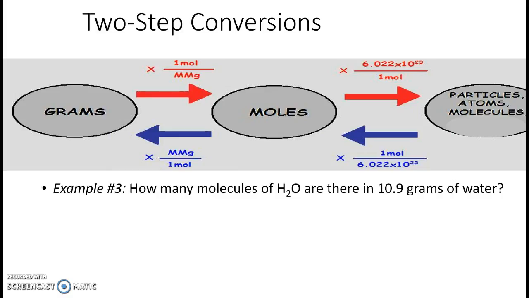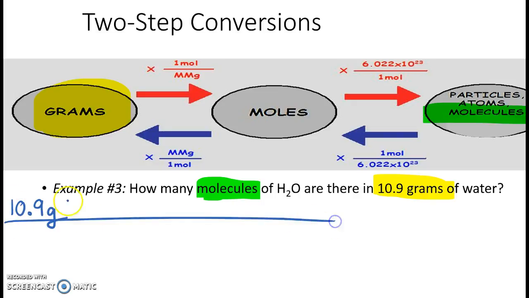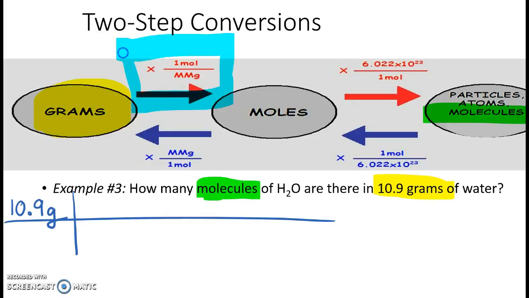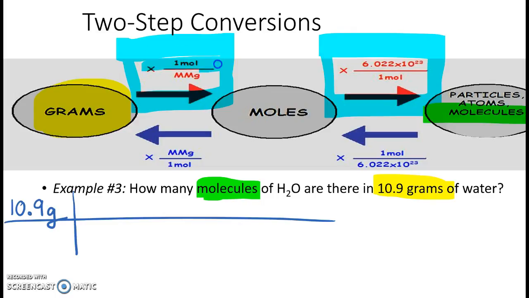So in our next problem, we're going to start with grams. So we're going to start on the left side of our flowchart, and we're going to end with molecules. So 10.9 grams. Set up your dimensional analysis table. In order to do this two-step conversion, we're going to be following the red arrows along the top. So our first step is to go from grams to moles using the conversion factor. 1 mole is equal to the molar mass